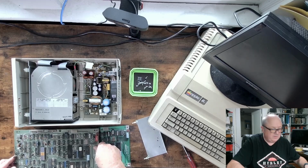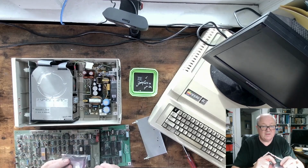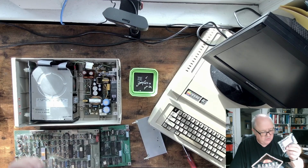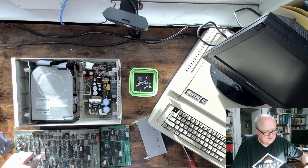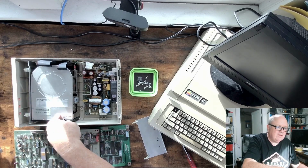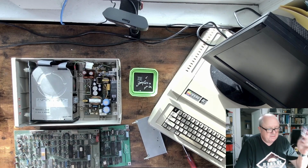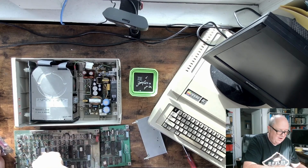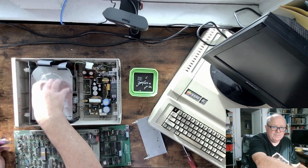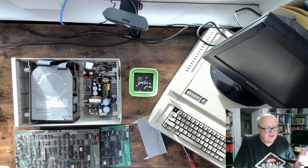There was a newer chip that came out, which I found too on eBay, and I'm hoping to be able to use. That's a Western Digital 2010 chip. The difference between the 2 chips is the 1010 only has 3 address lines for telling the hard drive which cylinder it wanted to seek to. This has 4. The difference being the 1010 chip could only address up to 999 cylinders on a drive. It couldn't support any drive over 1,000 cylinders. The 2010